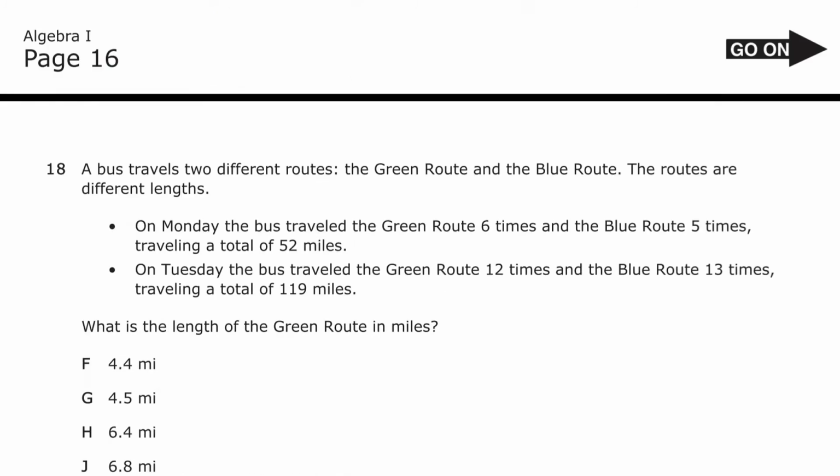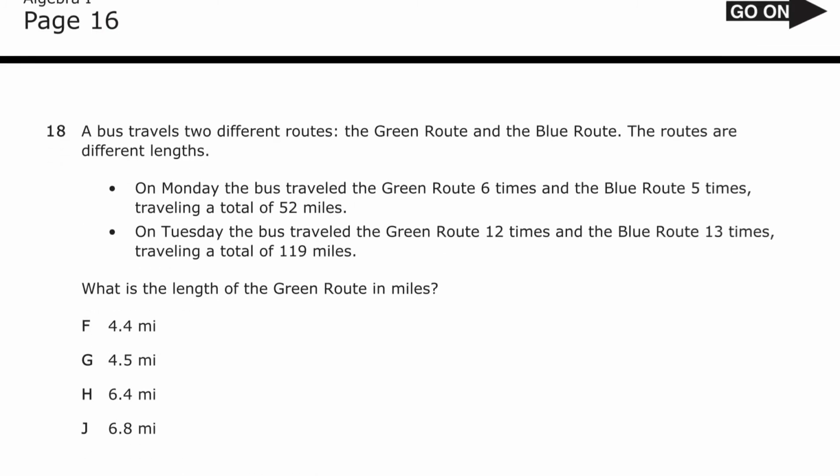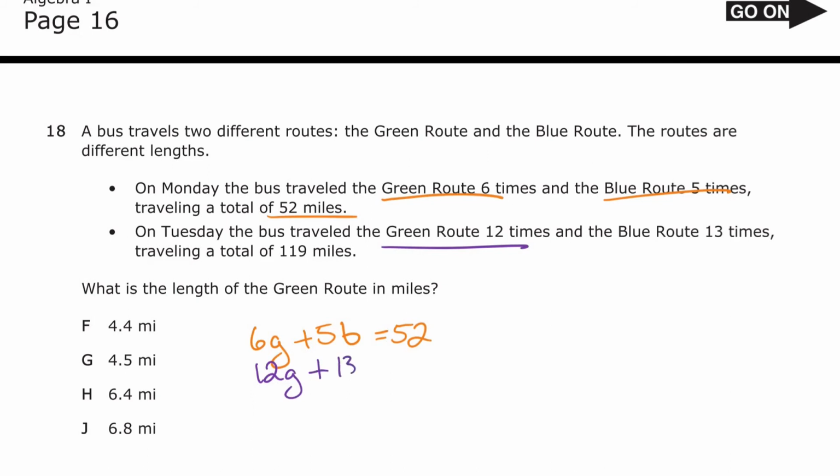All right, on the next one, we are given a word problem. We would set up our two equations. So we see we have 6 green routes, so we've got 6G, 5 blue, and that would be 52 miles. Then we see we have 12 green and 13 blue and 119